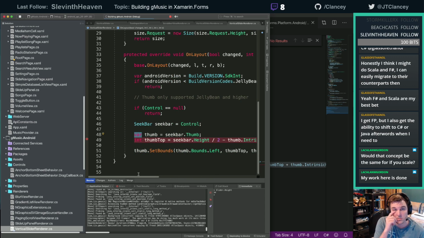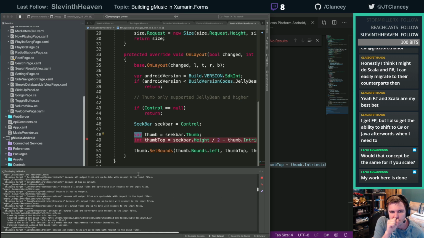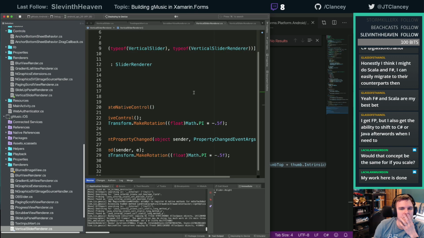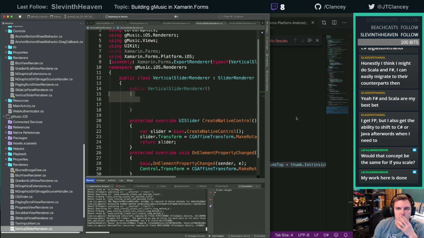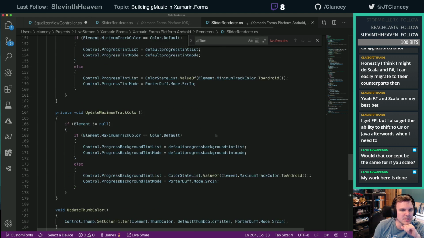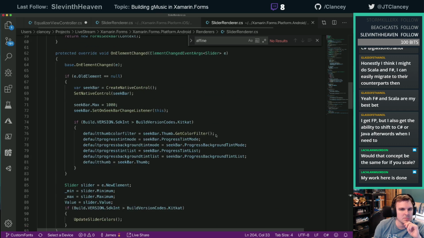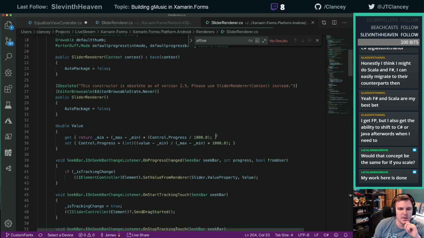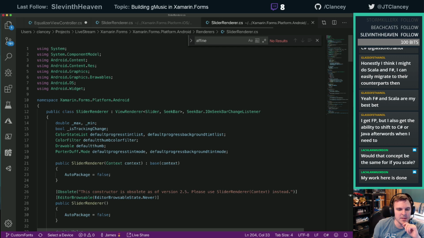Oh, that's interesting. That's weird they have to set the thumb bounds though. Like, what are they doing? All right, I just wonder what the frame and all that is anywhere. See if there's anything else I'm missing in here. Maybe I can just override the layout and actually lay the thing out differently.